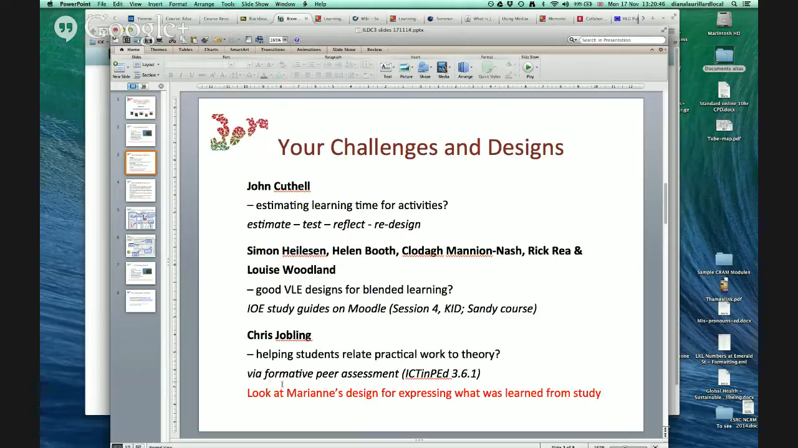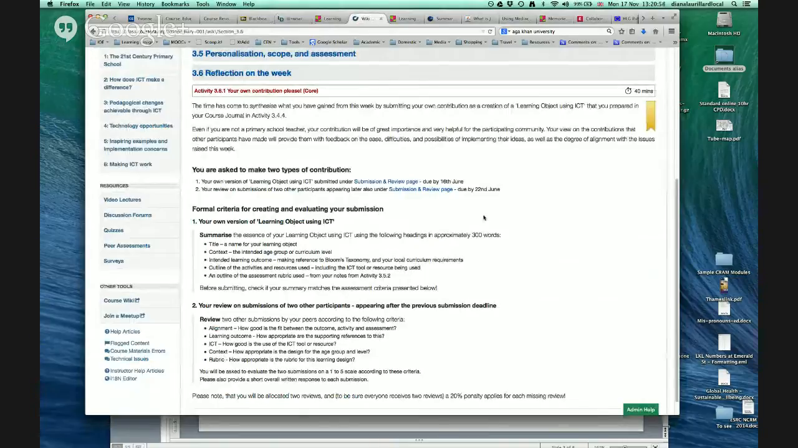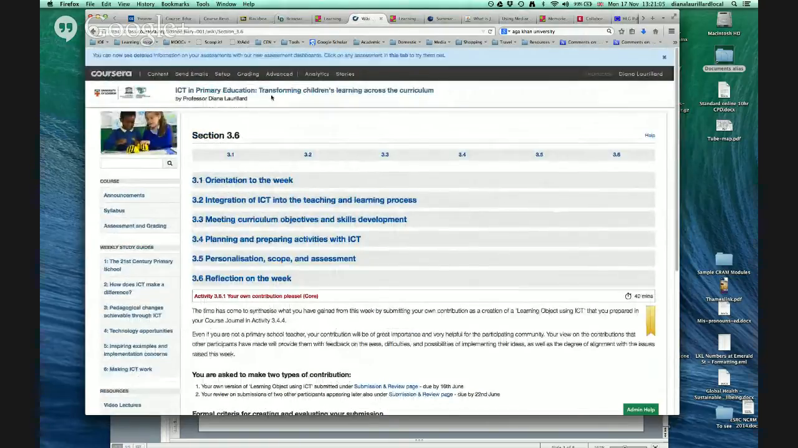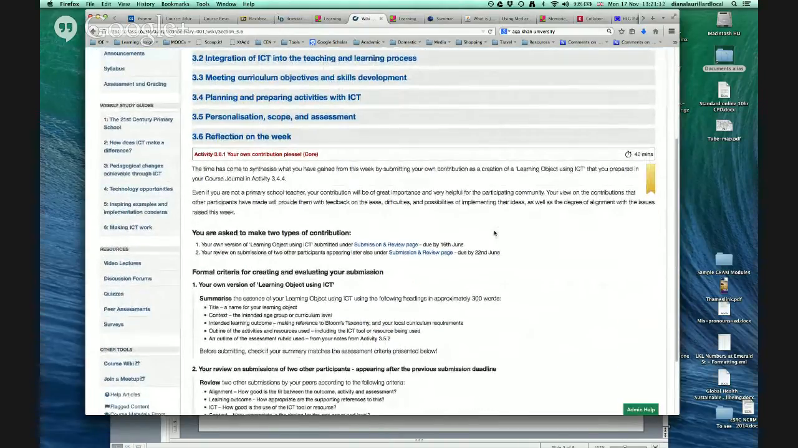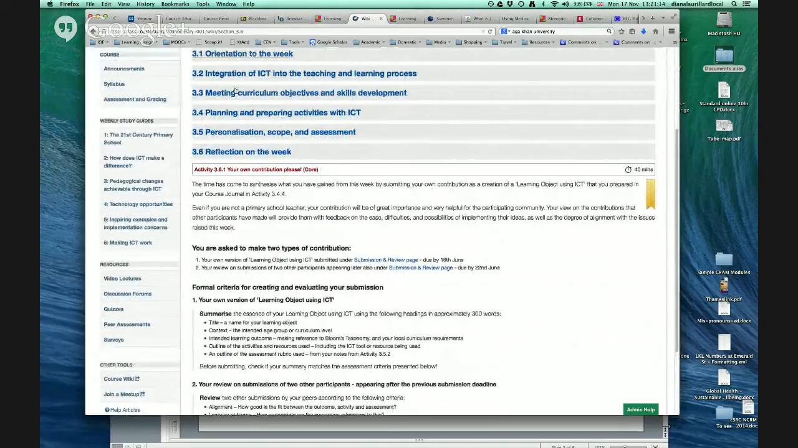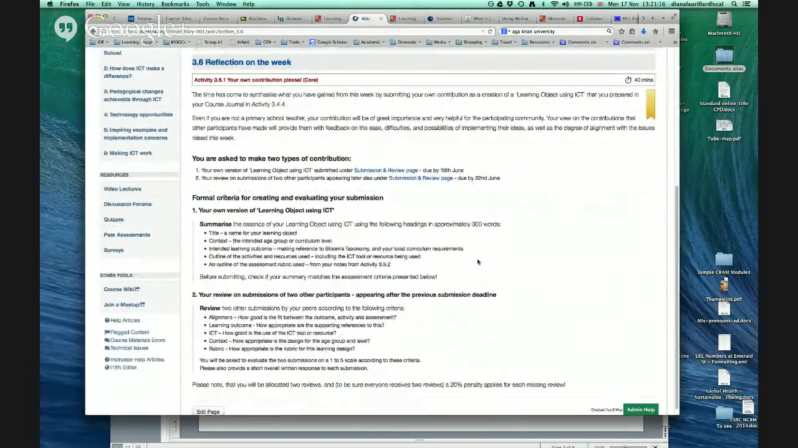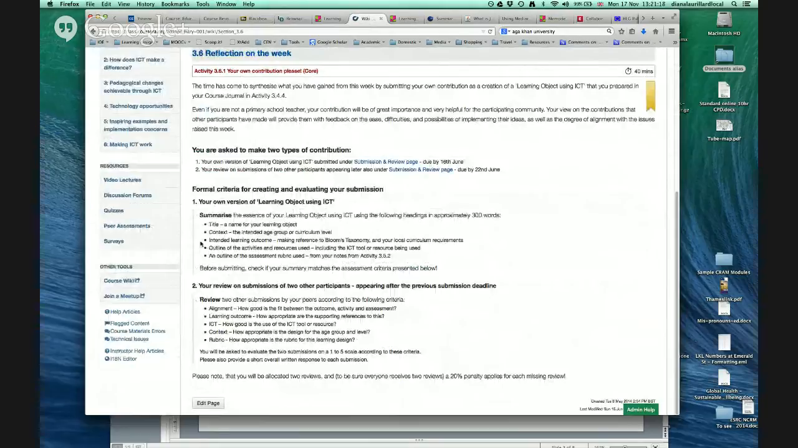Another way, I thought we might look quickly at a MOOC that we ran earlier in this year, where we were using formative peer assessment to get students to do exactly that. So this is an example page from a MOOC called ICT in Primary Education, Transforming Children's Learning Across the Curriculum. And in the third week, reflecting on these different kinds of things they've been doing during the week, they're now asked to submit their own